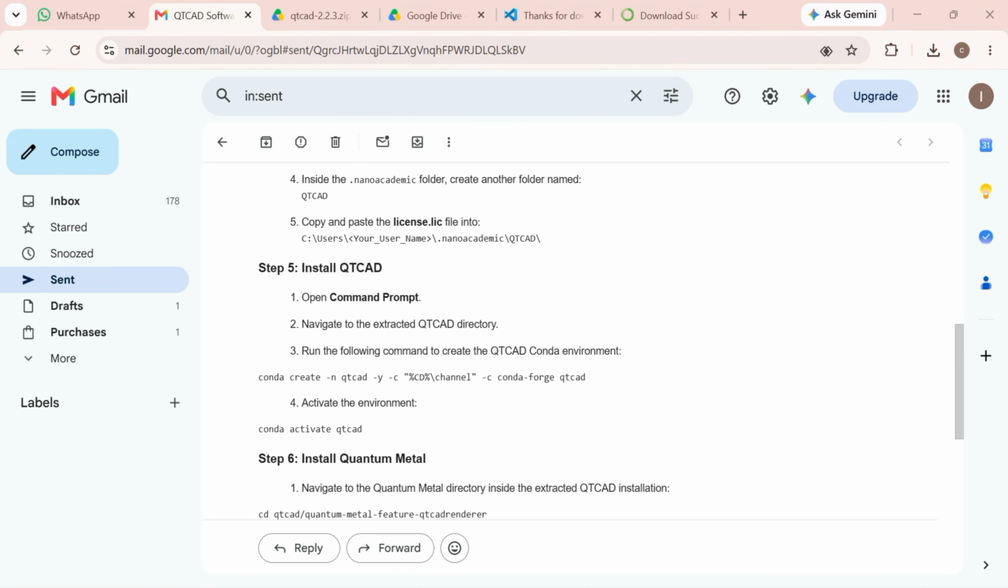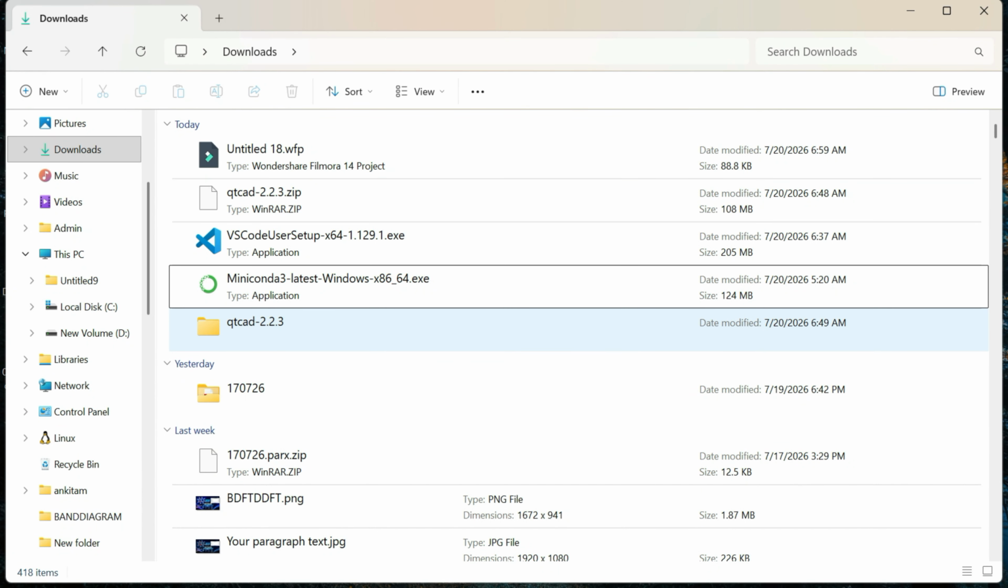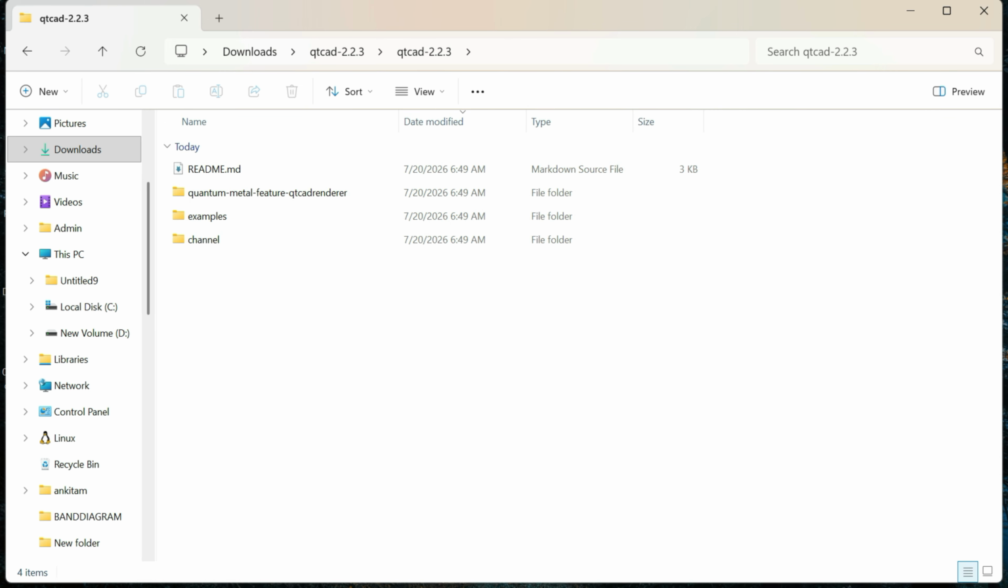Now let's move to step 5, which is to install the QTCAD. You can see, open the command prompt and navigate to the extracted QTCAD directory, and we have to type this command. First let's copy this command, and now let's move to the file explorer. In the download folder you can see my QTCAD extracted folder here, and type here